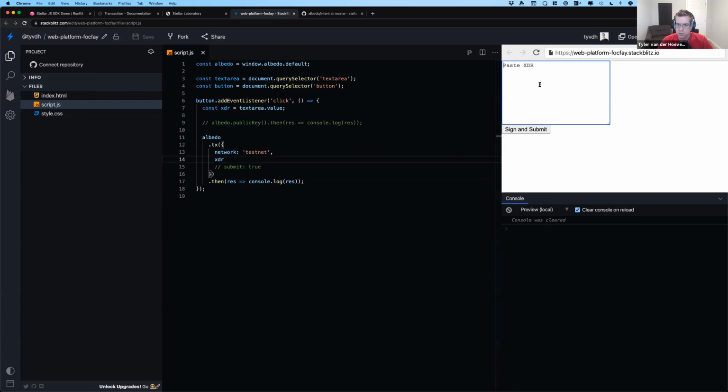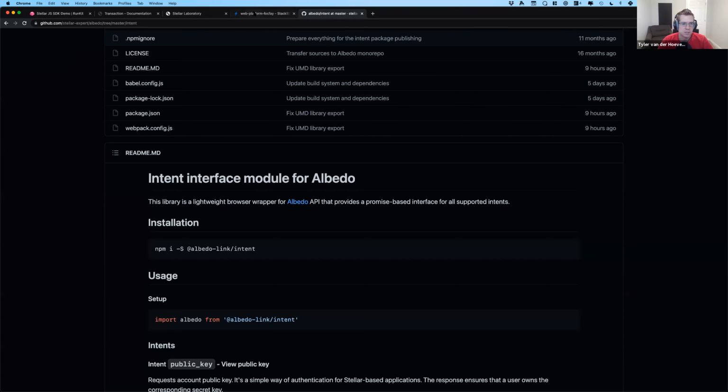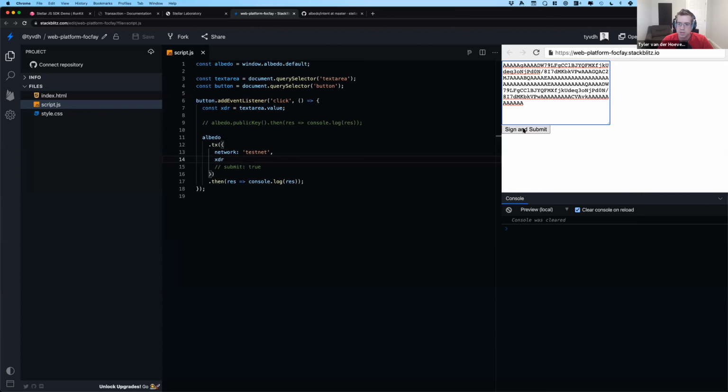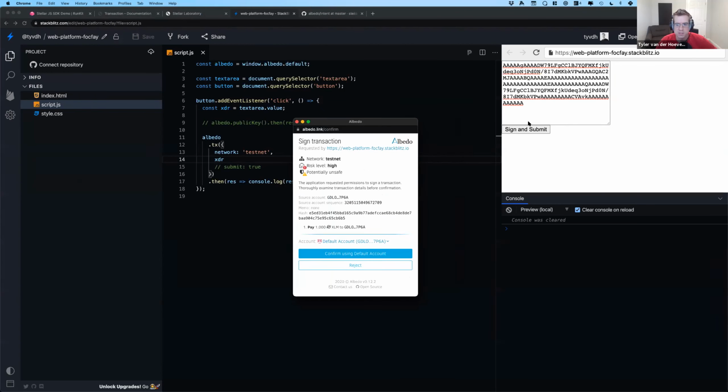That's what I actually want to do. So the first thing I want to do is paste back in this unsigned XDR. Remember from here, I've made a request for a payment, but I need to get it signed. So Albedo is going to open up the interface. It's going to read this XDR, and it's going to give us a really nice interface where it's saying there's